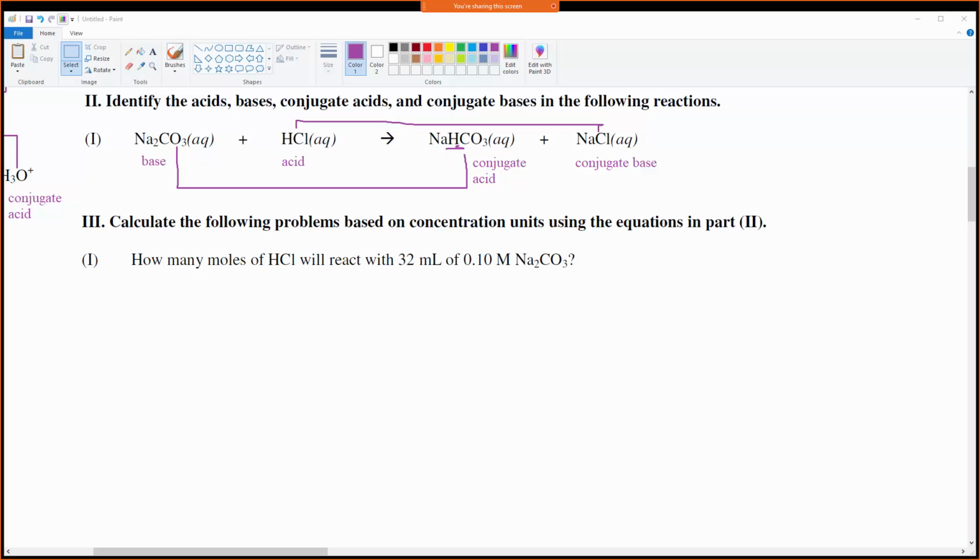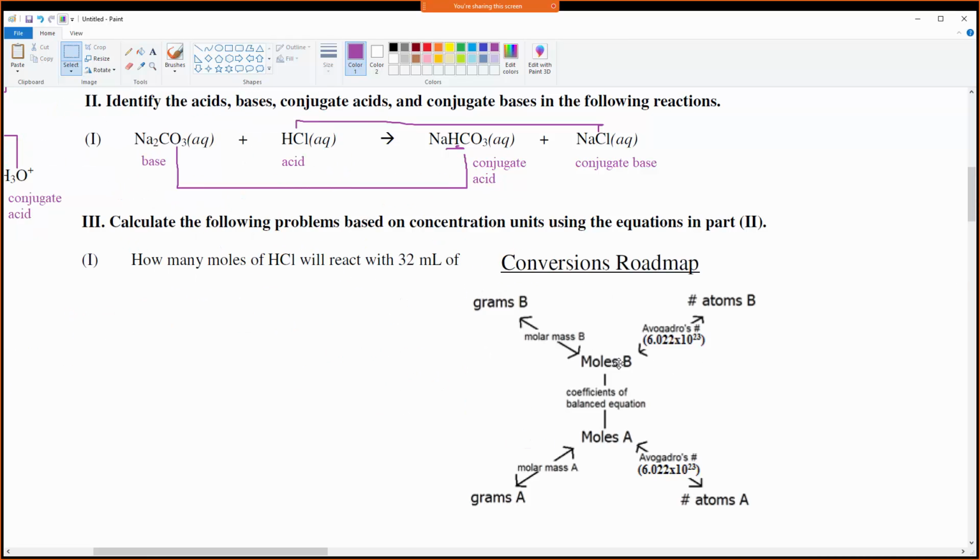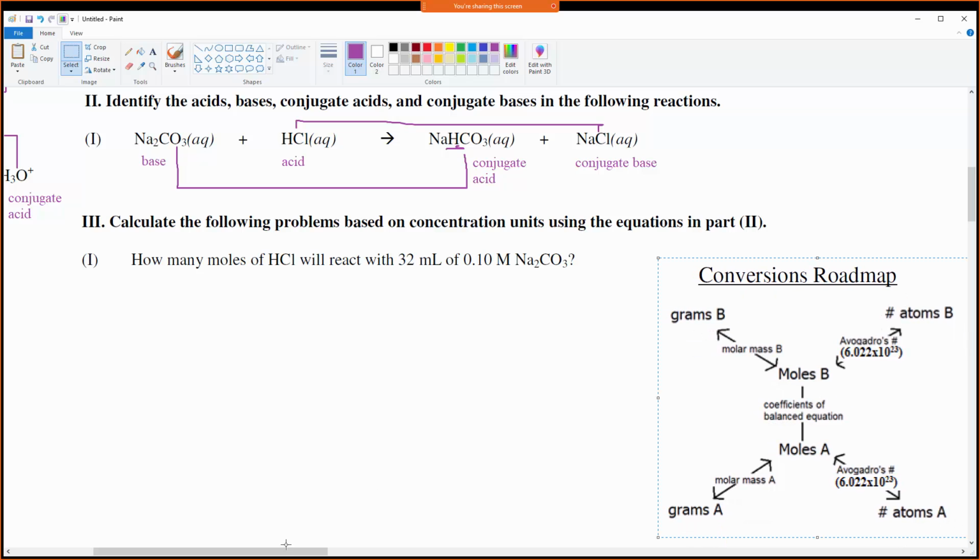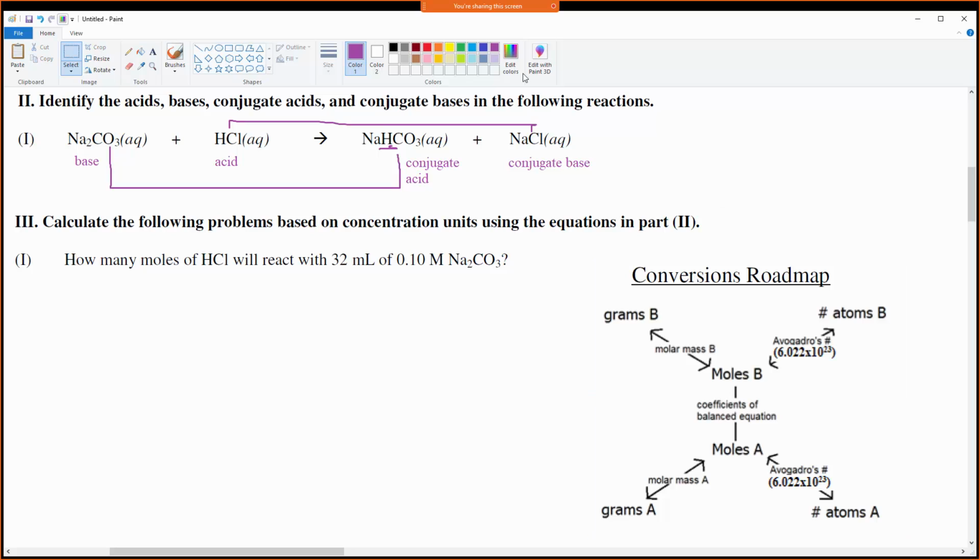But just in case you're feeling a little bit foggy on this, I'm going to pull out our exam support materials and let's import our little roadmap. Sorry if you don't like the roadmap, because I'm just going to keep harping on this until you guys start to feel really good about it. All right. And what we see here with the roadmap, or what we don't see here with the roadmap, is this extra set of, we call it off-roading, right? That if I give you the volume of a solution that contains A or B,